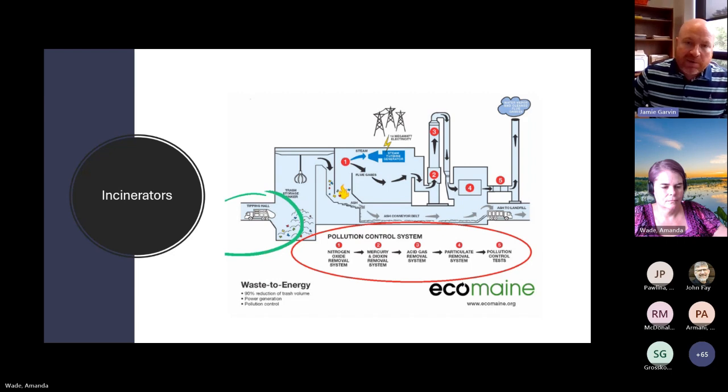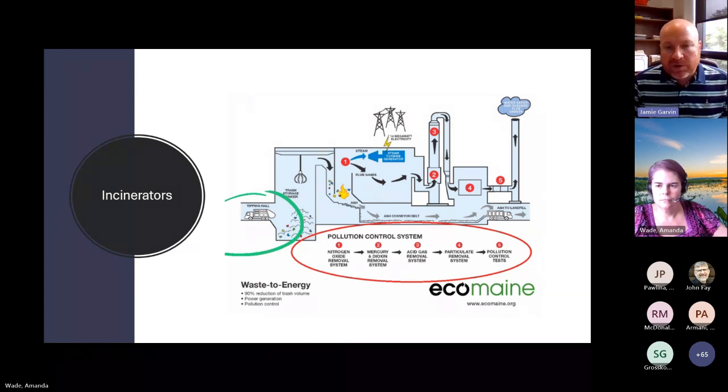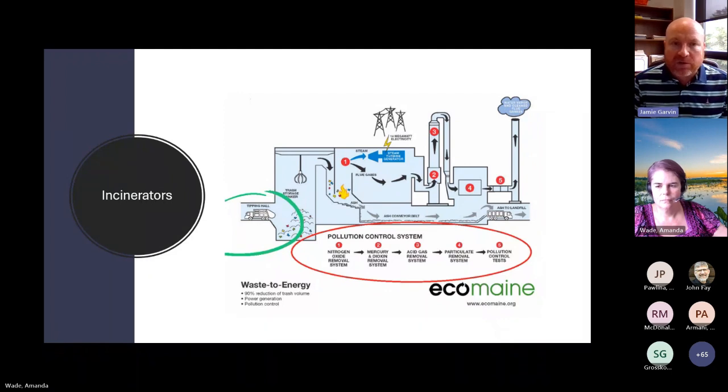What results in coming out of our stack at the end of the process is largely vapor, 96% water vapor that's coming out of our stack. So on any given day, if you were to look at our facility, you typically wouldn't even see any evidence of anything coming out of there. It's only when the atmospheric conditions are such that you see sort of condensing steam going into the atmosphere. But we'll often have people driving by the facility thinking that it's smoke coming out, but it's in fact largely